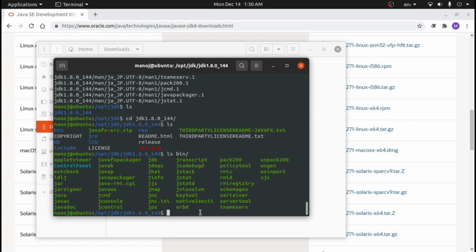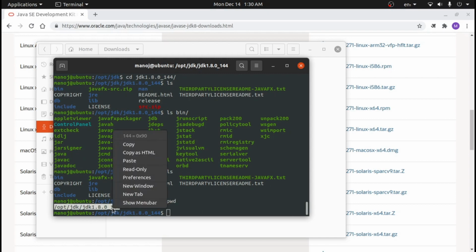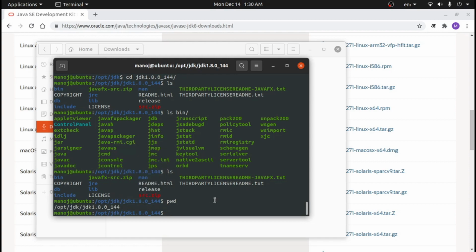So we need to set this into the path, and we need to set two variables, one for the path variable and second for JAVA_HOME, which tells us the home directory for Java. So this is our home directory where all our Java files are available. Let's copy the path for this directory. There are various methods for creating a path variable or environment variable in Linux operating systems, but we are going to use one of them.